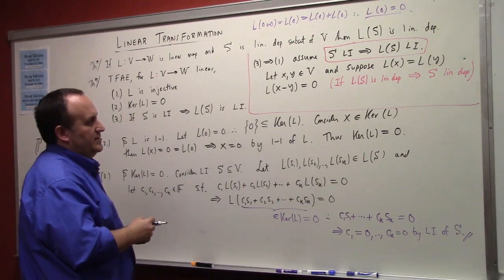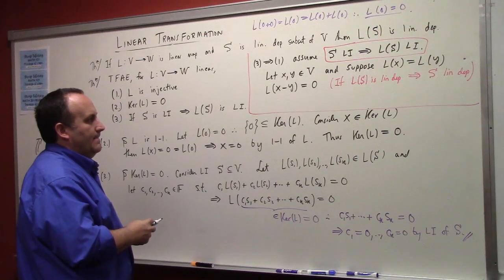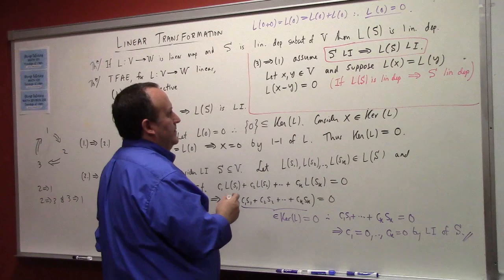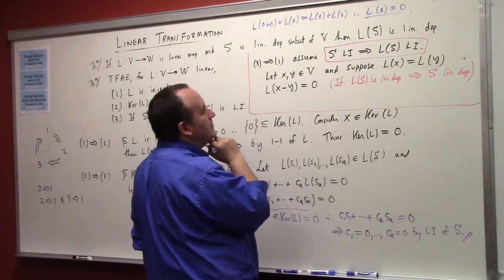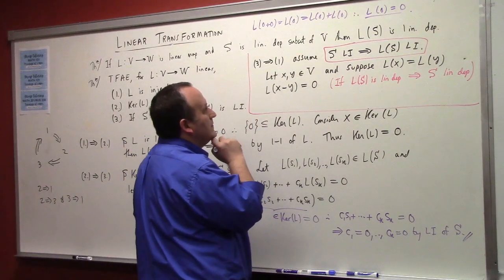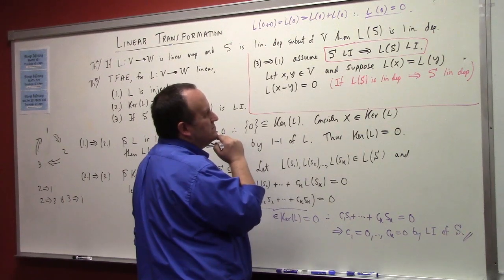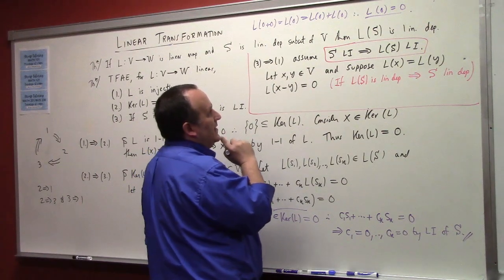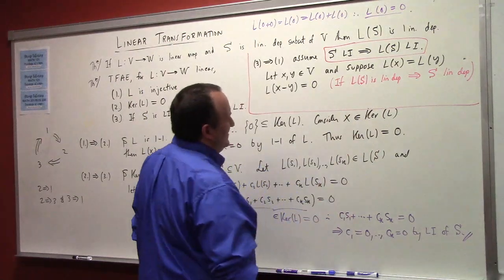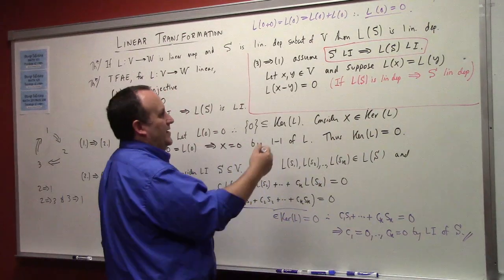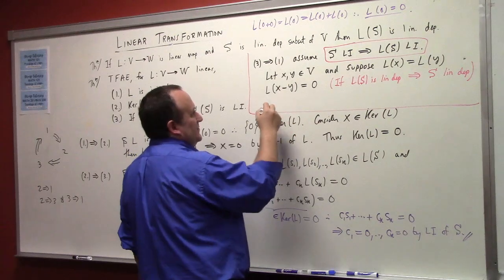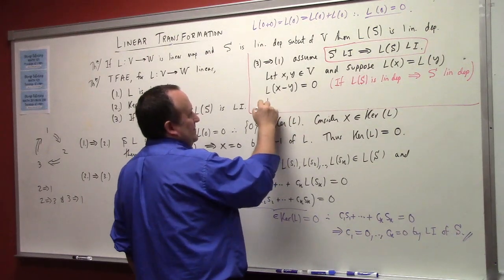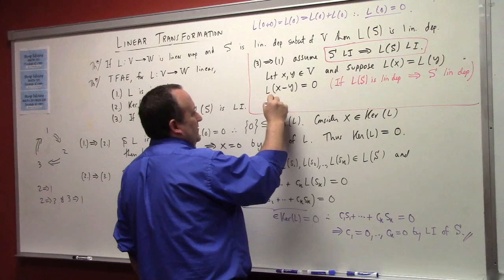So, does that help? But we want to assume the first side of the implication. If we want to assume that L of S is linearly dependent, well, yeah, I have that this is true. So, L of 0,